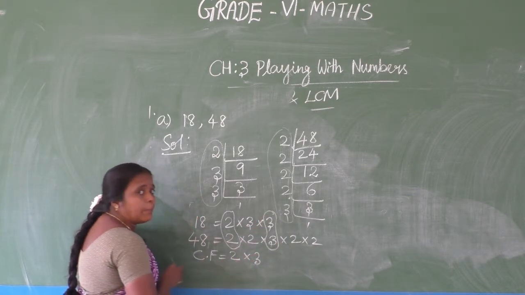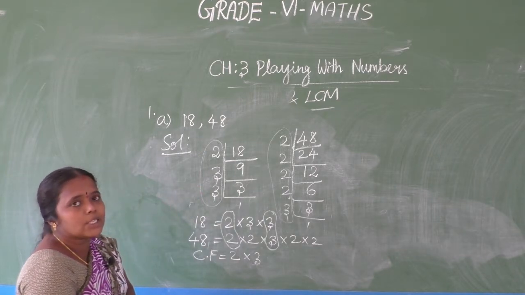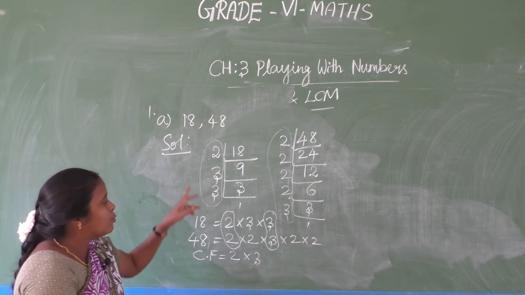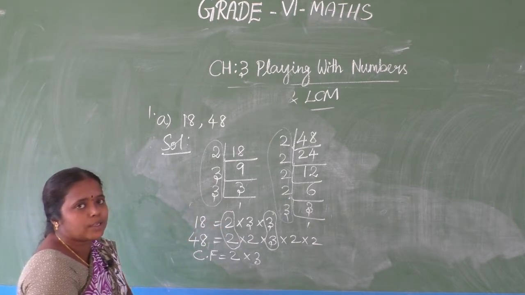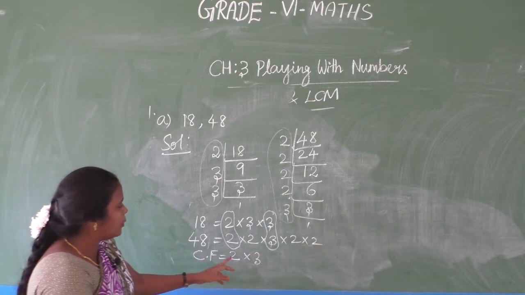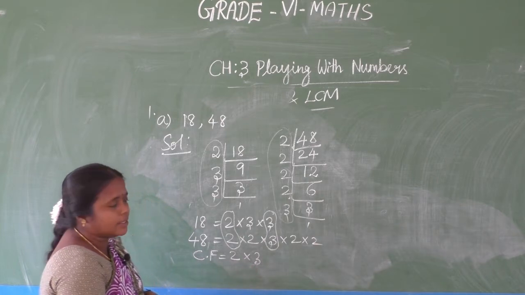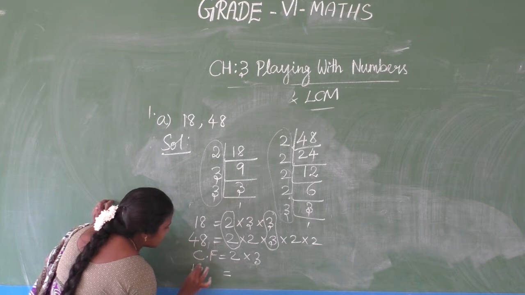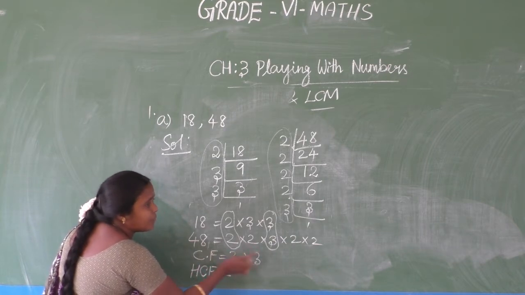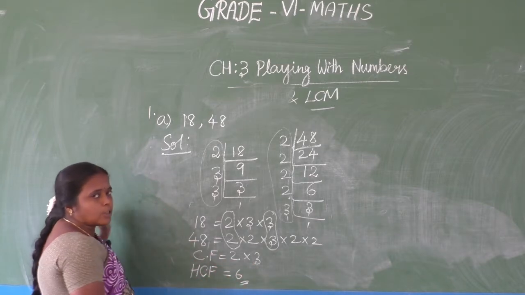This is to be multiplied. In the previous method, we selected the highest common factor directly. But while finding by prime factors, when selecting the common factors, you have to multiply them, the product of the common factors. That is the highest common factor. So HCF equals the product of the common factors. So 2 into 3, 6. Like this also we can finish.